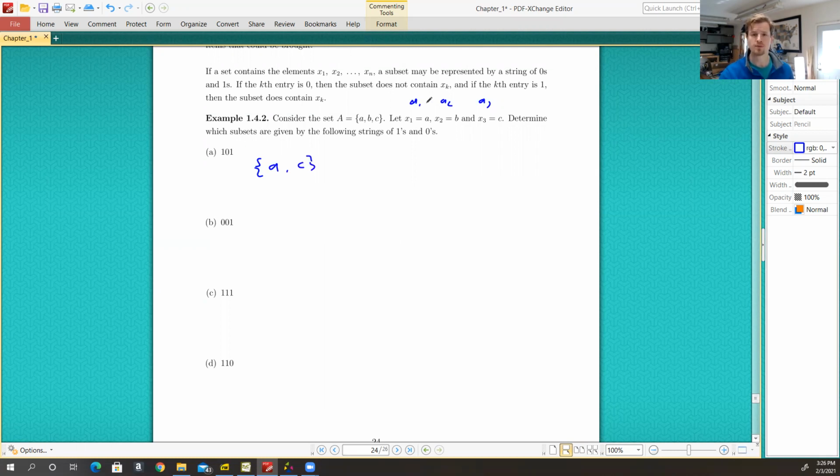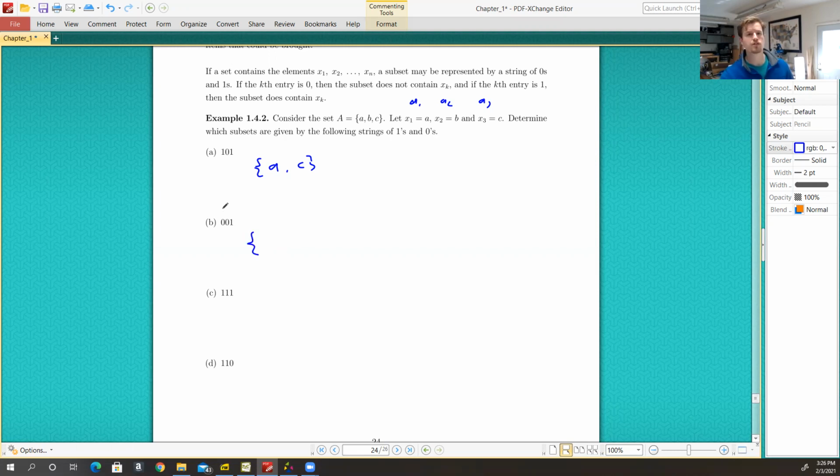A1 is 1, so we include x1. A2 is 0, so we do not include x2, so we don't include B. A3 is 1, so we do include x3, which is C. For 0, 0, 1,